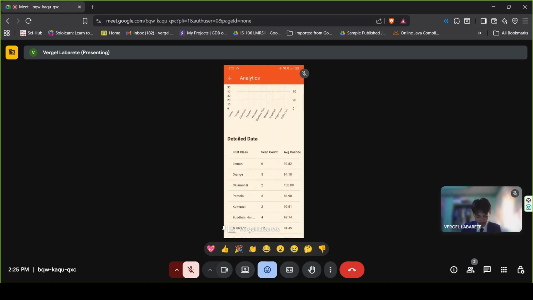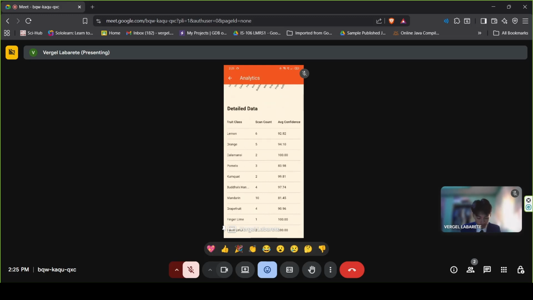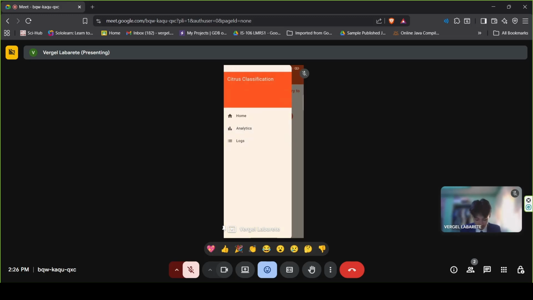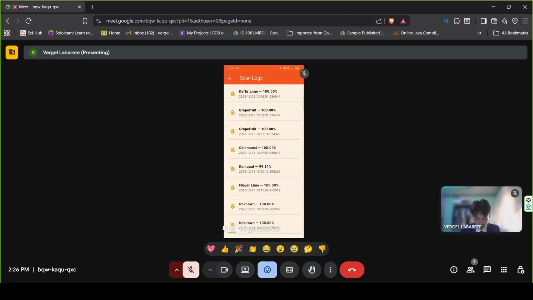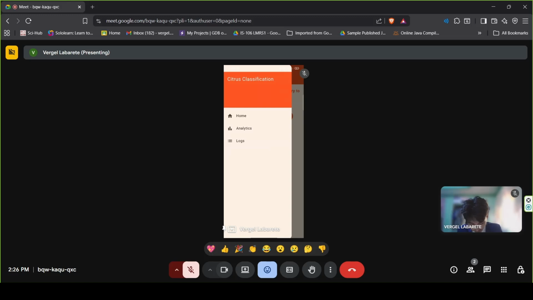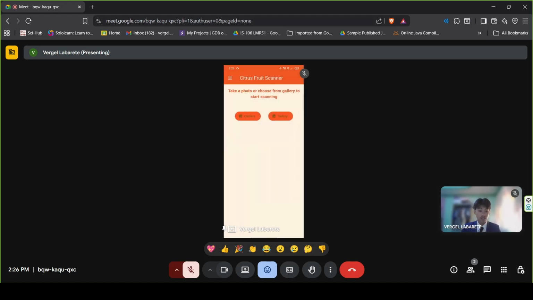Okay. The bottom part is the detailed data for the scan count and average confidence of the fruit classes. It's the numerical counts of the data. So that's the data. Let's move on to the logs. This is the history of the scans, and we'll be checking if it updates after we scan our first